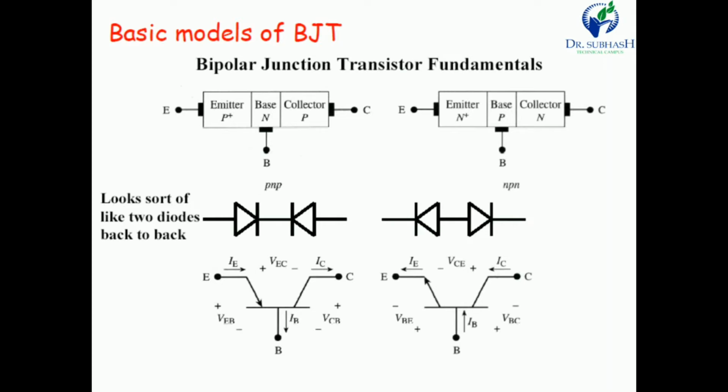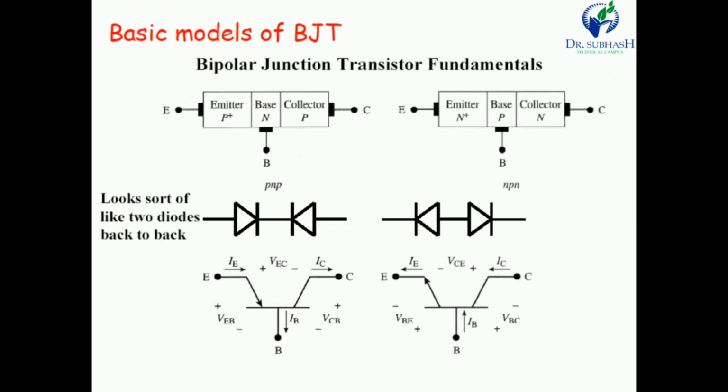Now friends, you have to remember this symbol, this most important symbol, because in circuitry we have to use the symbol for circuit design. In a PNP transistor, the arrow at the emitter points inside the transistor, and in an NPN transistor the arrow points outside the transistor. You have to remember this arrow direction, because if we draw the wrong arrow, the component is different, NPN or PNP. This is the symbol and basic structure of the PNP transistor as well as the NPN transistor.